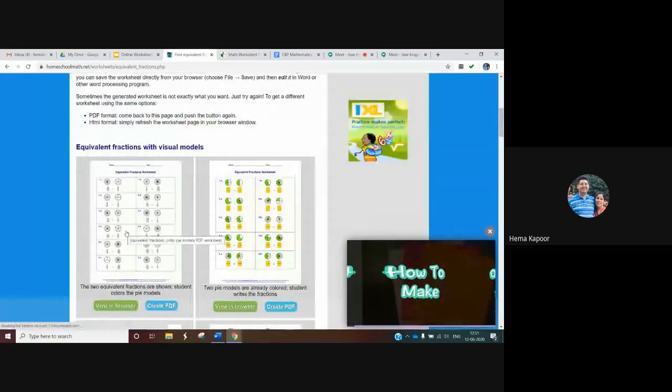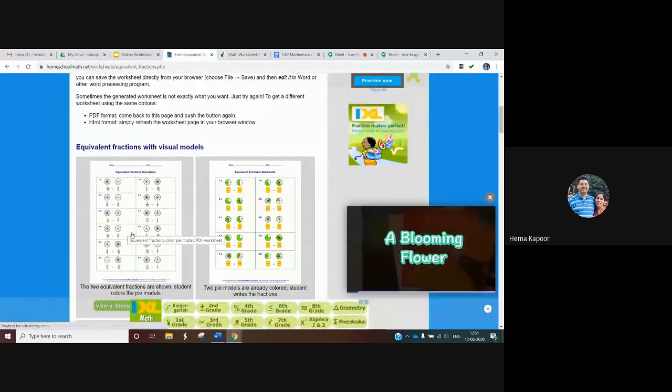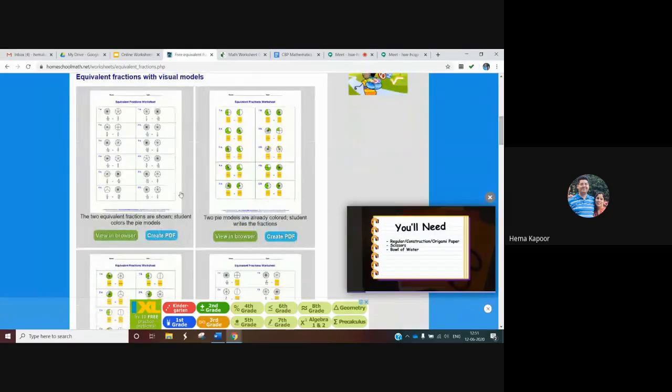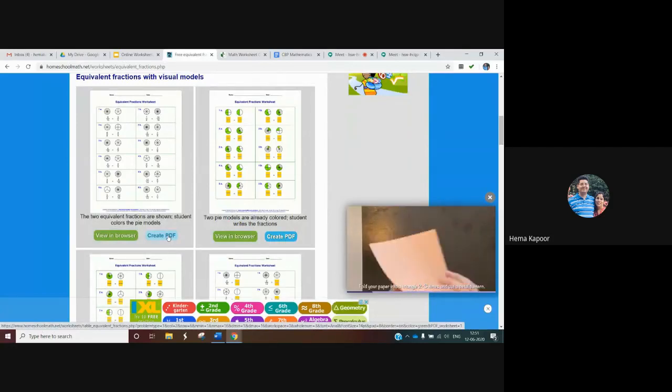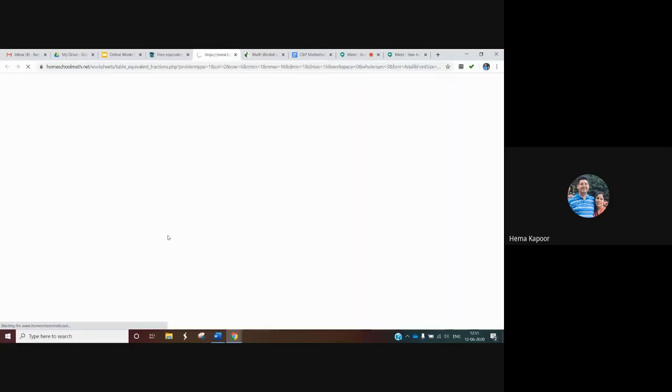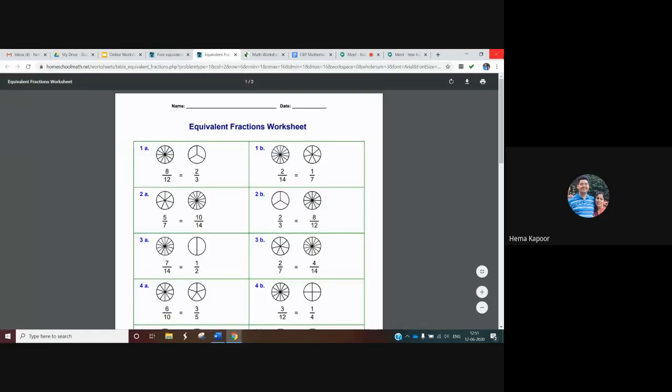Now, if you don't want to make any changes, then just take it as a PDF. If you think that the worksheet is sufficient, then you just click on create PDF, and the same way you will save this worksheet. Here is a download button. You can download it or you can print it. The other option is,